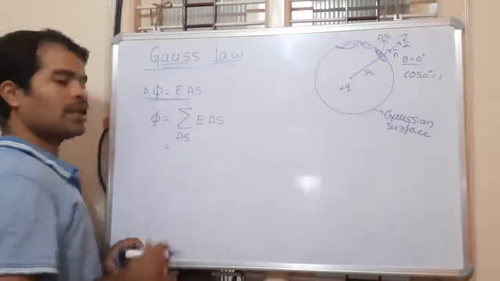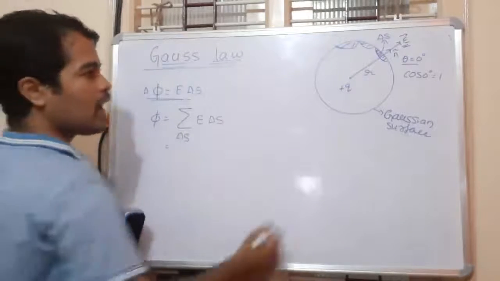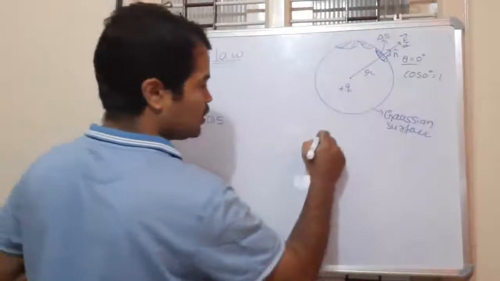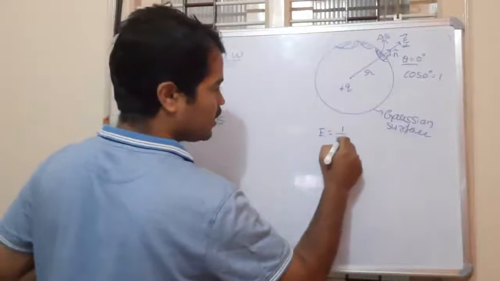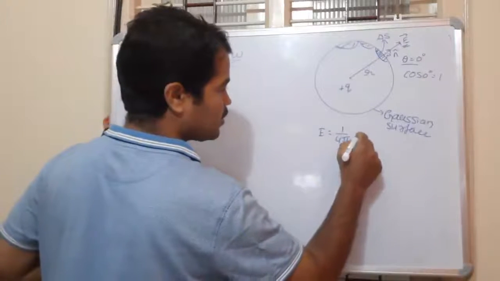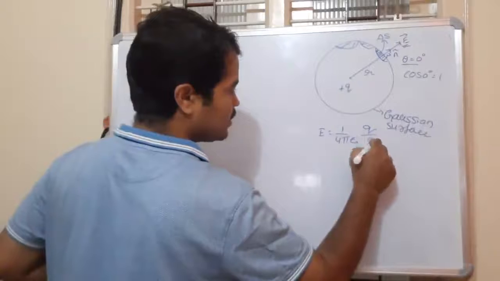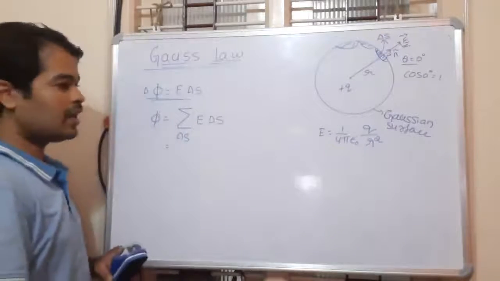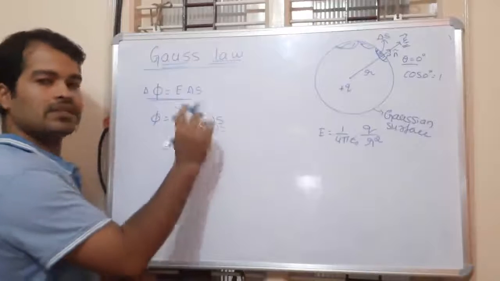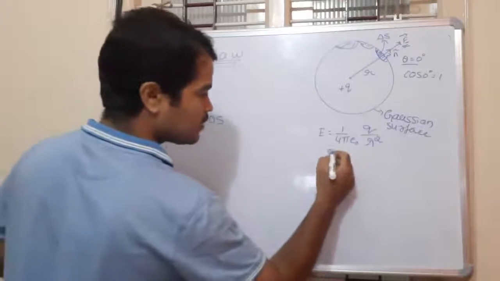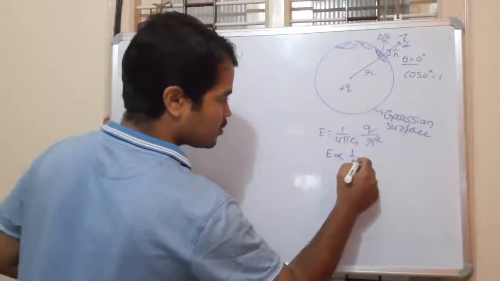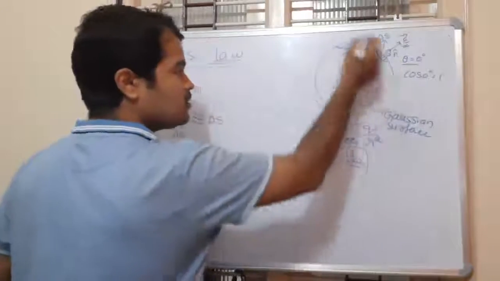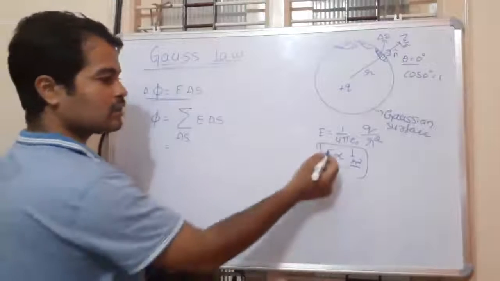So now the electric field formula we know. At this point P, due to the charge that we already derived, E equals 1 by 4 pi epsilon naught into Q by distance square. We need to insert this value here. And here the electric field is constant, because the electric field is proportional to 1 by r square. Since r is constant, look at the area, the radius is constant, then the electric field is constant.